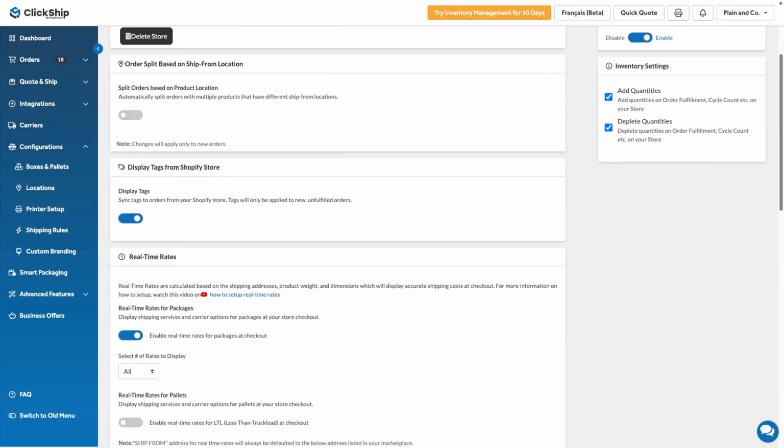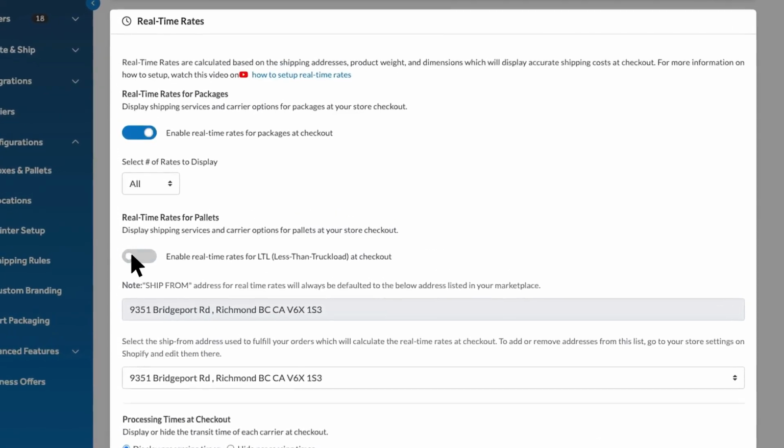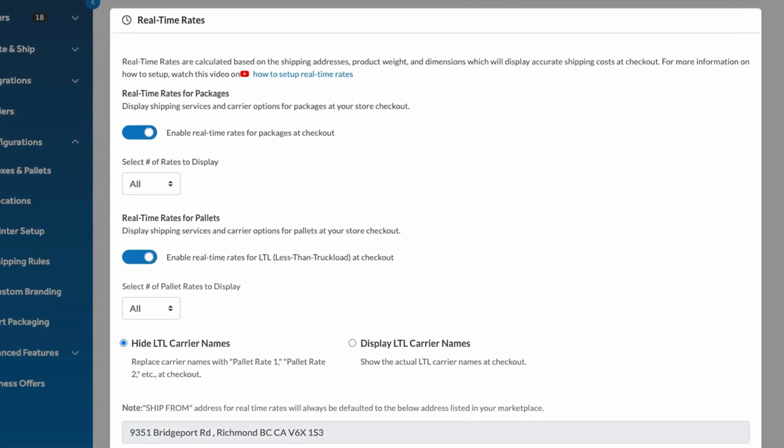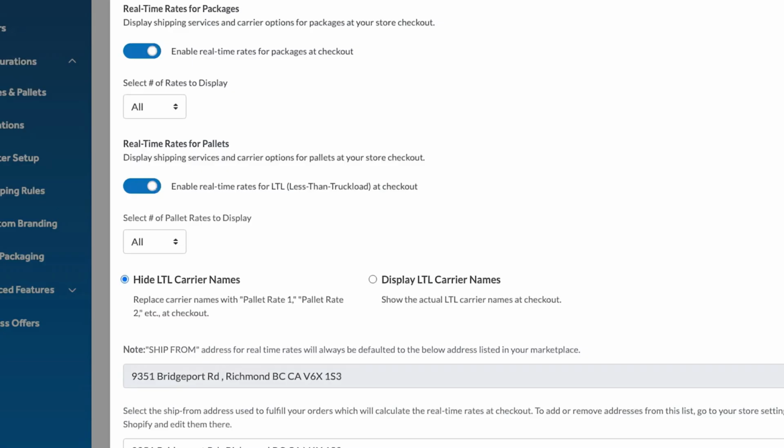Scroll down until you find the Real-Time Rates section. Here's the magic switch. Toggle on the option that says Enable Real-Time Rates for pallets at checkout. Once that's enabled, you'll see some additional customization options. You can choose how many rate options to display at checkout. You might want to show all available rates or limit it to the top 1 to 5 options to avoid